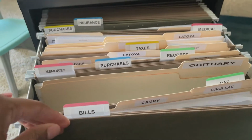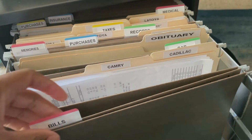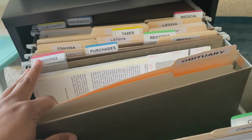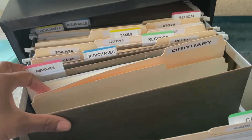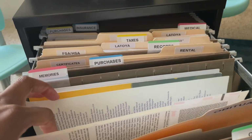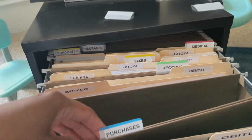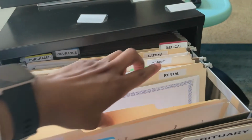And so then here is actually our long-term filing. So any bills that we may need during tax time, information on both of our cars, any sort of memories. And this is actually something that Clutterbug said could be separate, but there's not a ton in here. So right now we just have memories stored in long term, because right now it's obituaries, and then some of my graduation stuff, and I'm sure he has some things that he'll want to store in here as well. Anything that we have purchased. Actually, I made 2 purchase folders, so that's not the accurate one. Any sort of records, whether that is certificates or rentals,